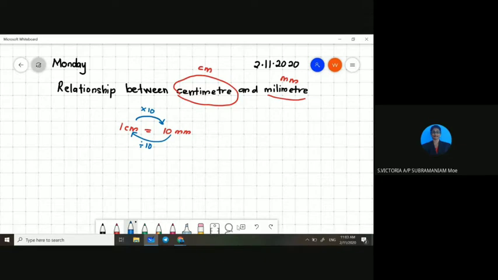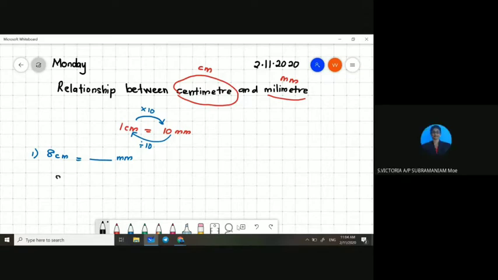So in your textbook, page 174, you have a few questions A to F. So teacher gives you some examples here. Question 1, 8 centimeter equals how many millimeter? Anybody can give me the answer? 8 centimeter is equal to how many millimeter? 80 millimeter. Okay, how did you get the answer? May I know who is answering? 8 times 10.